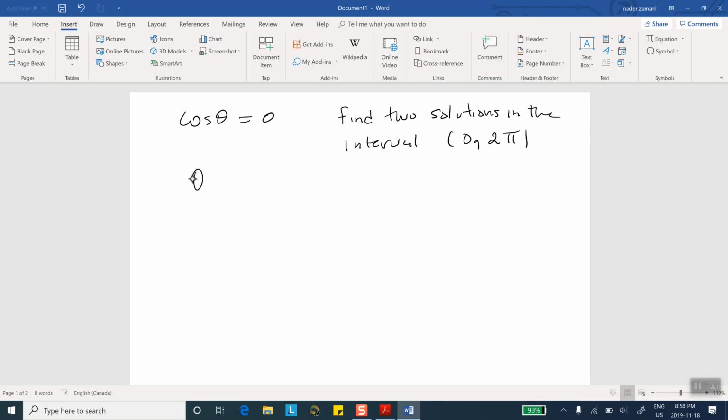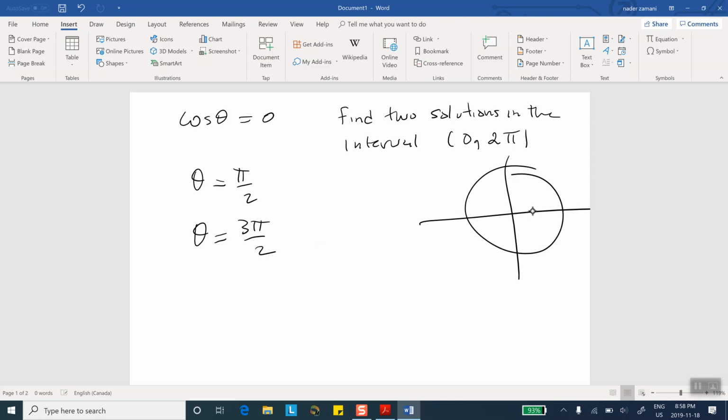You know what two angles are: theta equal to pi over 2 and theta equal to 3 pi over 2. Notice that one of them is pi over 2, the other one is 3 pi over 2, and they're within the interval 0 to pi, which is a single period. So the general solution,